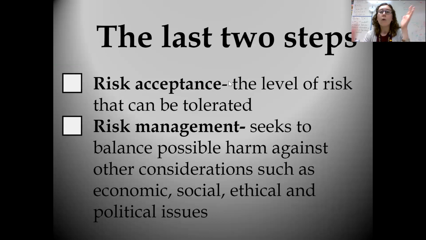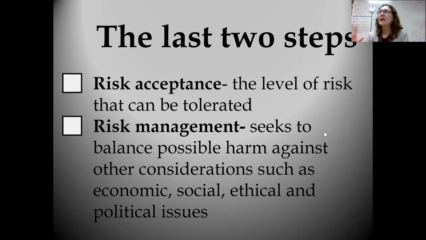All right. Once I've figured out this is my risk, this is the probability that is involved with it actually affecting me, then I want to figure out, okay, what's that LD? What's that lethal dose? What is the level of risk that can actually be tolerated? So this is when we get to our LD 50, when we start looking at our ED 50, effective dose 50, ED 50. Once I've said, okay, this is my toxic substance, this is the acceptable range that I'm willing to expose people to, and I know how much or how little I want people to be exposed to, now I want to actually manage that risk.